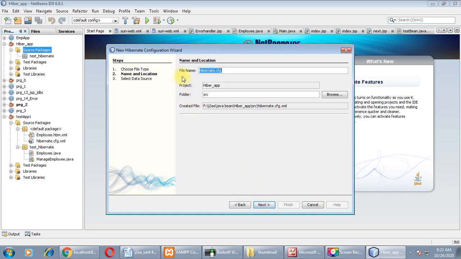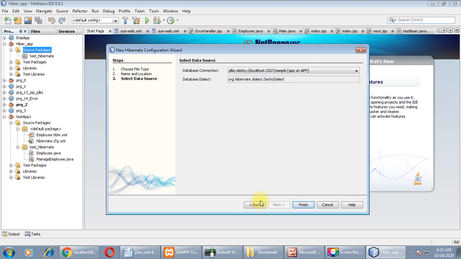Here the name of the file is hibernate.cfg. Keep the name as it is. If you want to change it, you can change it, but here it is better you keep the name as it is, hibernate.cfg, and click on Next. This will ask you for a database connection, right?